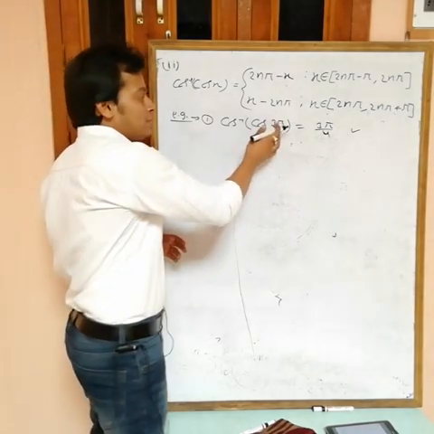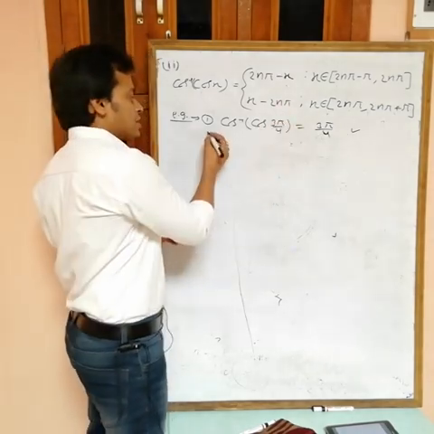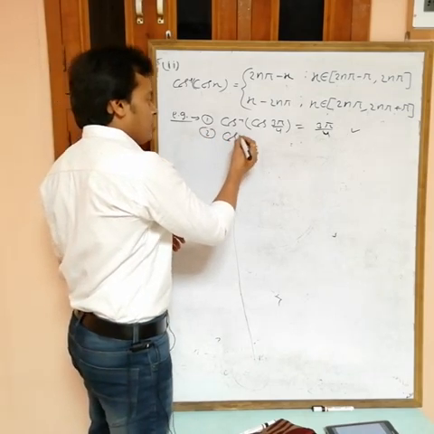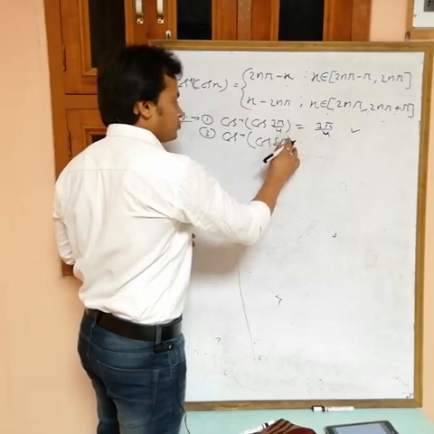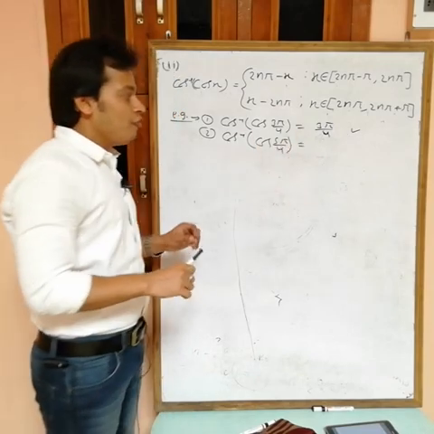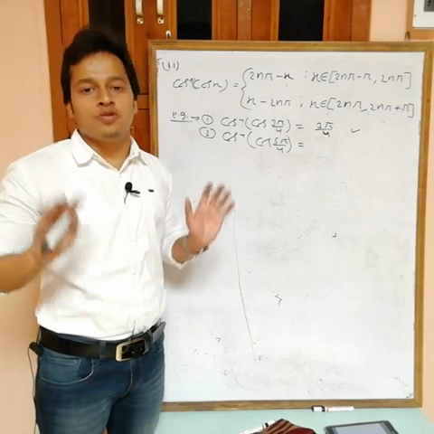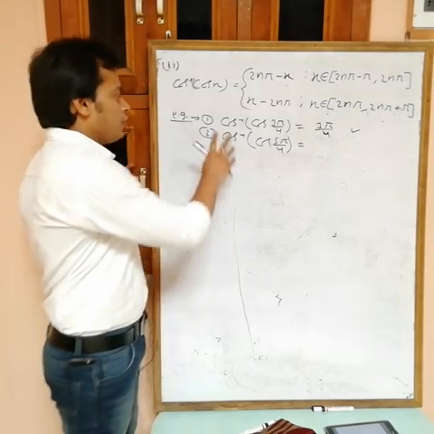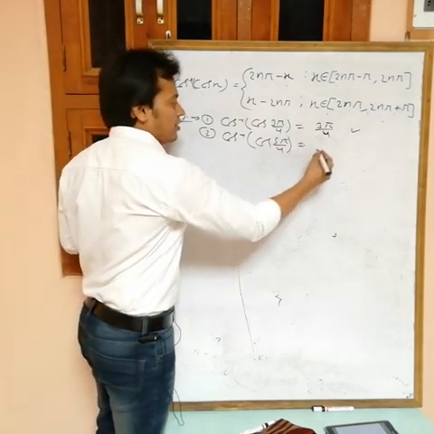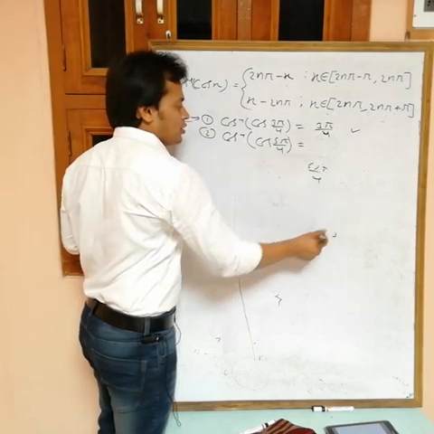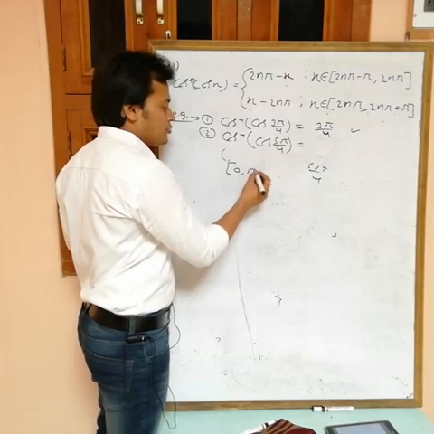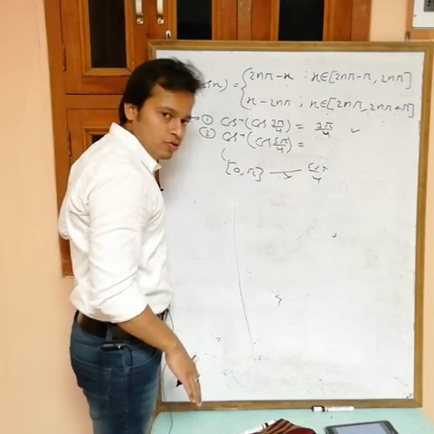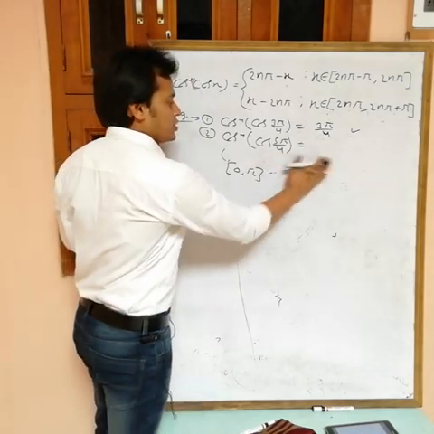But when this does not lie in the range of cos inverse, how do we do it? So see, cos inverse of cos 5π/4. Now 5π/4 is not in the range of cos inverse. If you cancel out, we get 5π/4, but this can't be the value of cos inverse, because cos inverse can give a value only from 0 to π, and this is outside 0 to π. So this is not the answer.